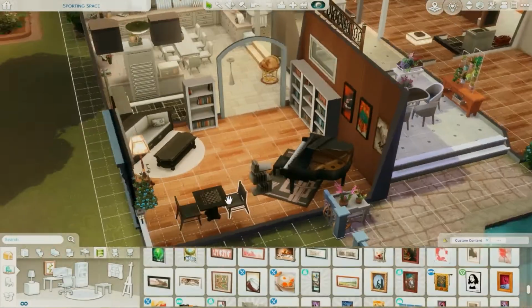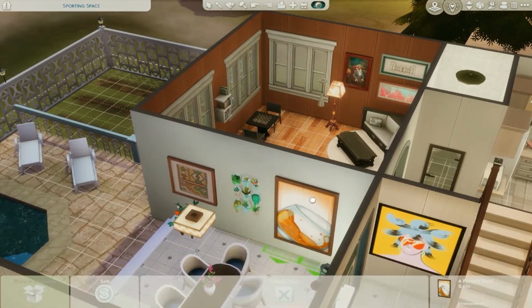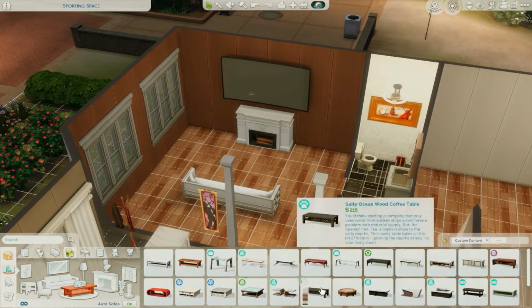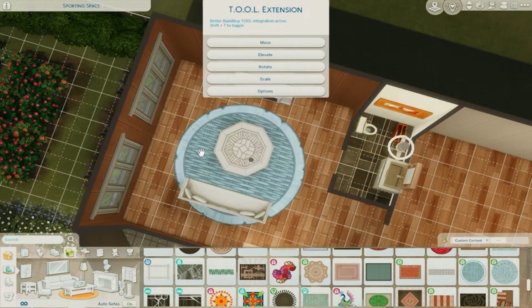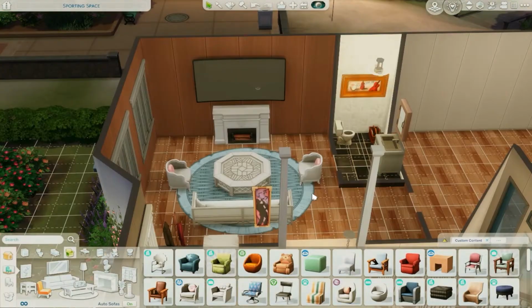For the living area, I just took all the colors and I mashed them together. Not really, I just made everything white. The furniture is white except for the carpet. My problem with curtains, as usual, I just go back to the original curtains. I just made them black